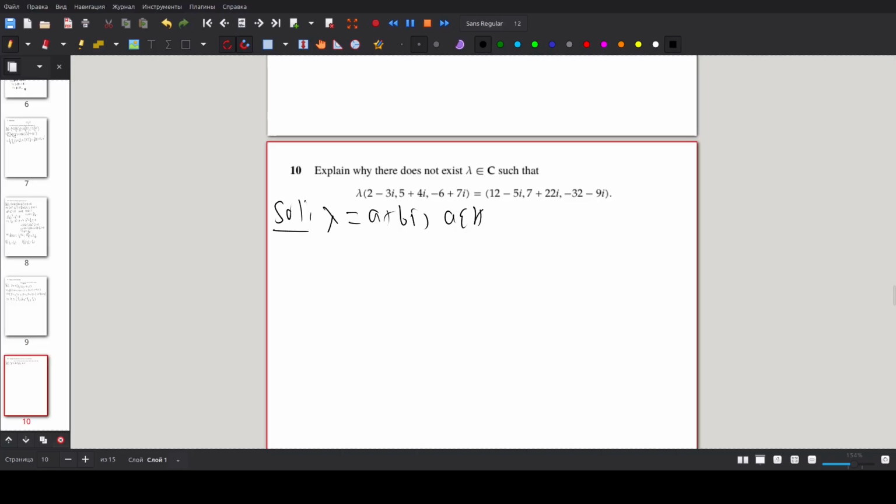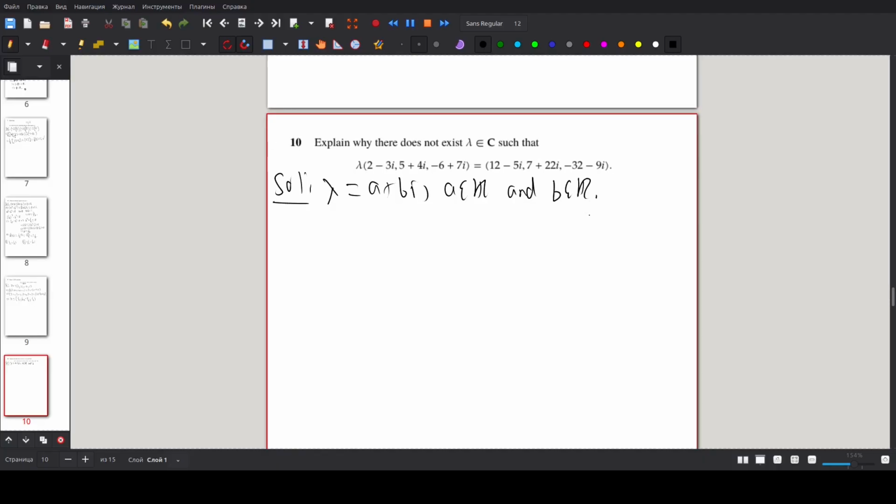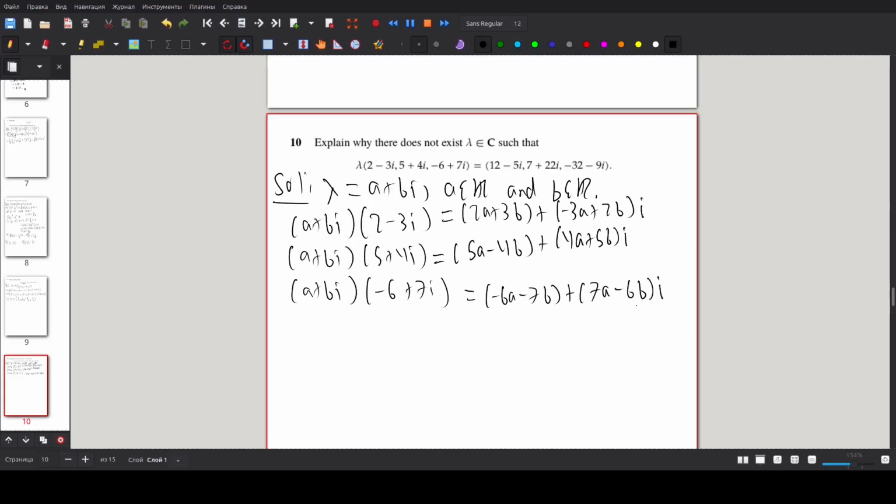A is in the reals, and b is in the reals. Okay, so basically, look, we can distribute this lambda to each of these things, all right, because it is a list. And so if we do that, we're going to get 3 things. I'm going to go ahead and distribute all these things. So we're going to get these 3